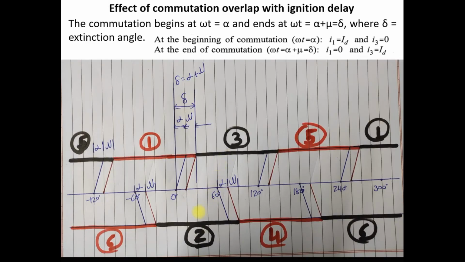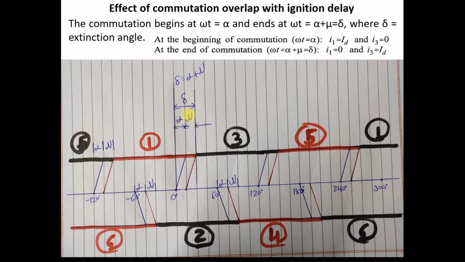So here I again draw this waveform in my notebook and show you how actually the conduction duration looks when you consider alpha as well as the nu overlap time. So this is a phase crossover point, omega t is equal to 0, between A and B phase. So from this point to alpha, what will happen? During the alpha, your valve number 1 is still conducting, because after the alpha, your next valve will start conducting. So here, after this phase crossover point, B phase valve number 3 will start conducting at the end of the